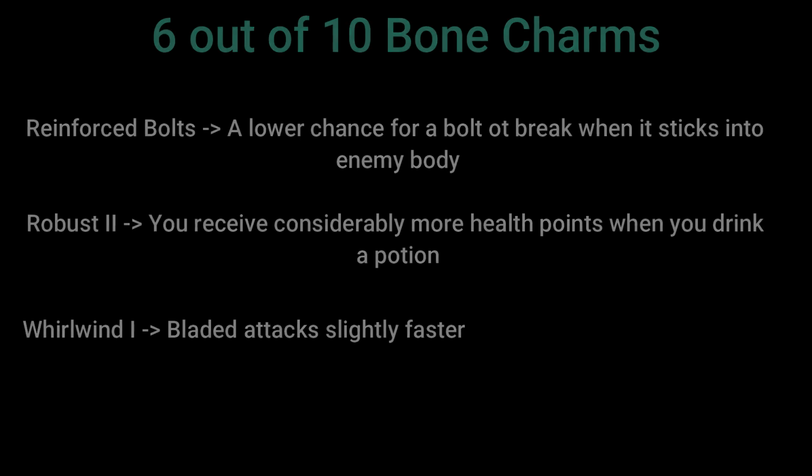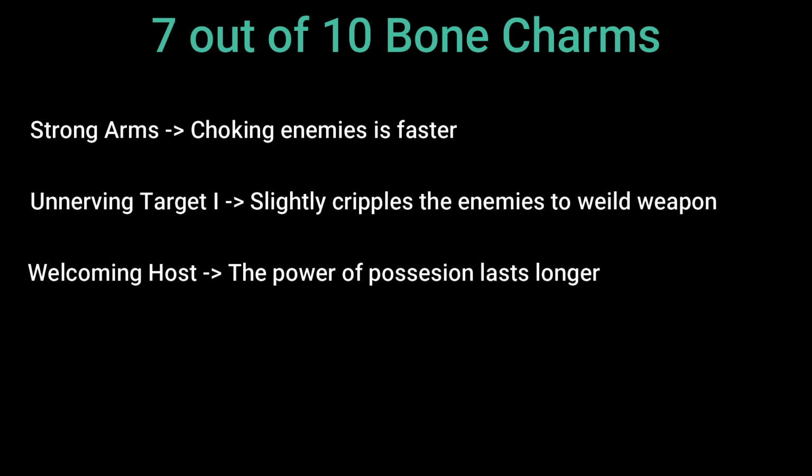Alright, so let's continue. Next category is 7 out of 10 abilities. So we've got Strong Arms, that's being able to choke your enemy out faster. This is very good if you're a stealth player, so you can actually take out players. Actually, Merciful, so you want to take out players quickly without taking them out permanently. So you can take them out and then take them around a corner or something. And I think it's a 7 out of 10 ability because